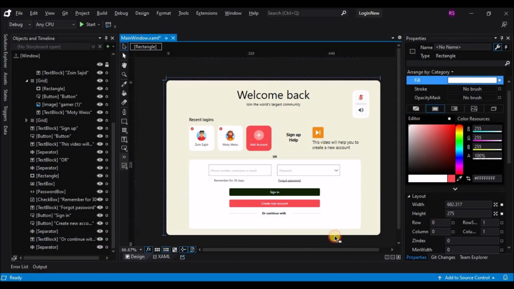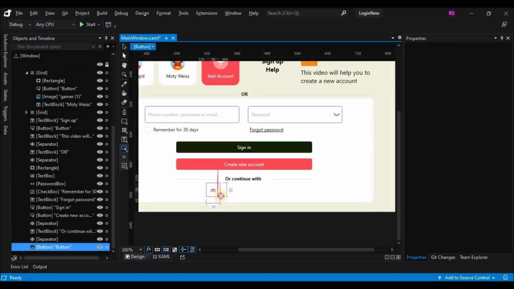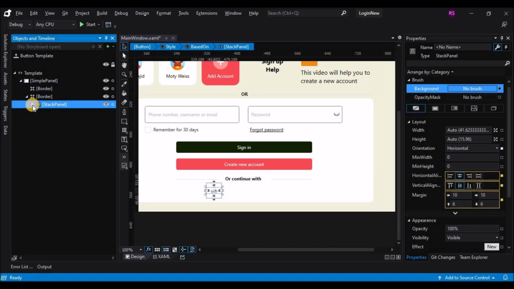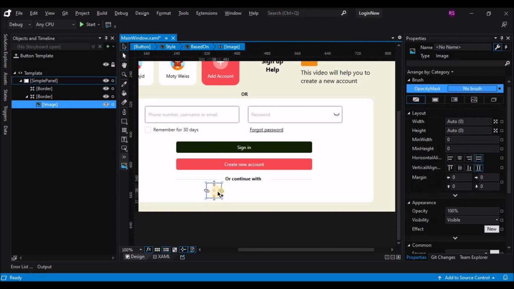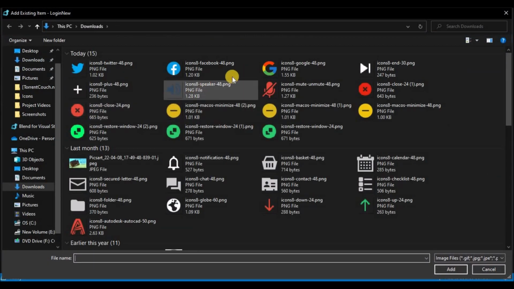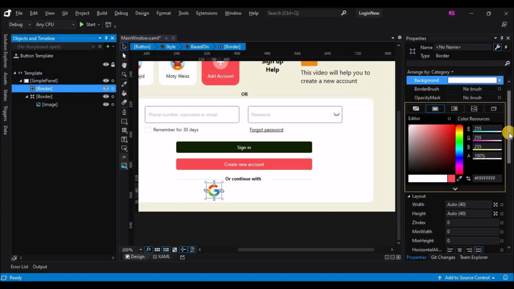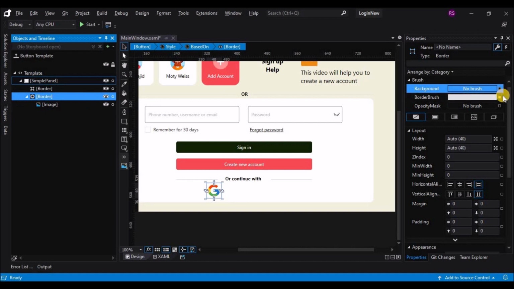and now add 3 buttons, one for Google, one for Facebook and one for Twitter. So let's add that button. Let's follow the same procedure that we did for the buttons on top. So edit the template, edit a copy, remove the stack panel and replace it with an image. Okay, browse for that image. There. So let's convert that background to local value and remove the background for both the borders